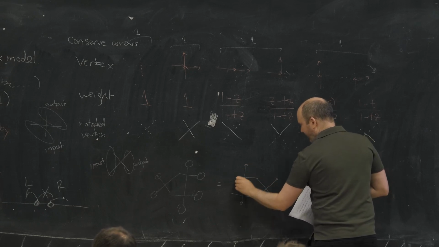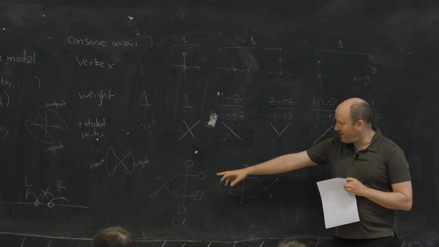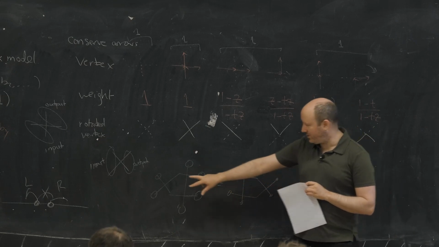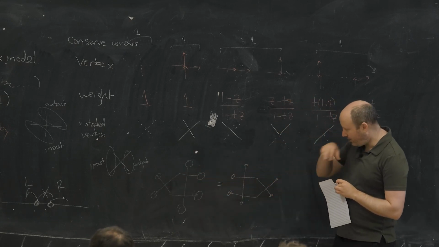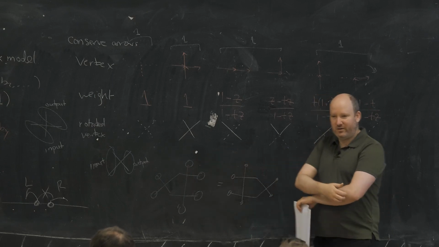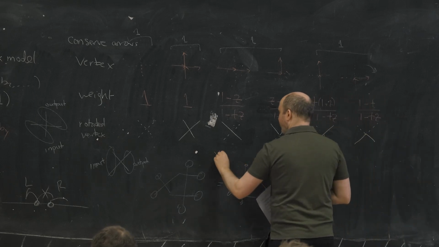Okay, so right now I'm just drawing pictures, but I'll explain precisely what I mean. So Yang-Baxter is usually written pictorially in this form. It's what looks like a braid relation. You can take a cross and pull it through. Now I need to tell you what this means, but the general notion of the Yang-Baxter equation is